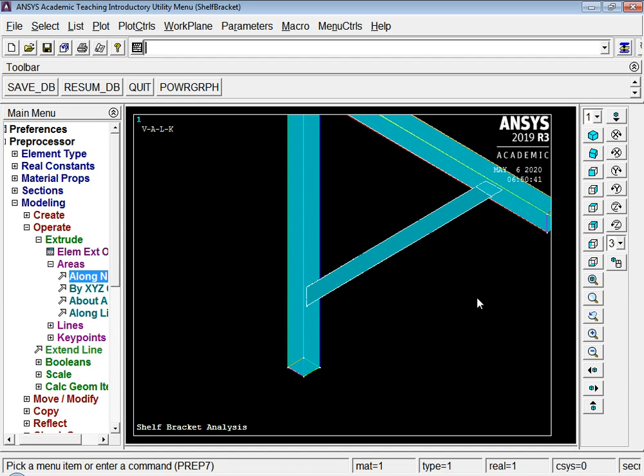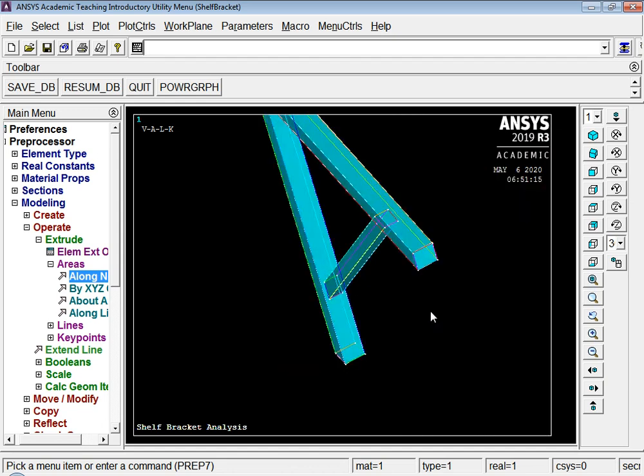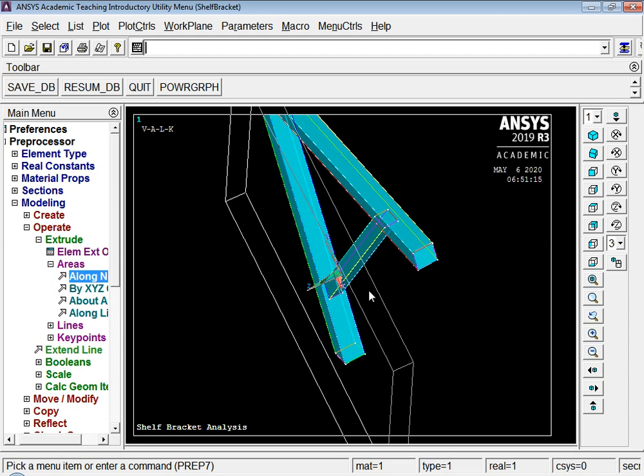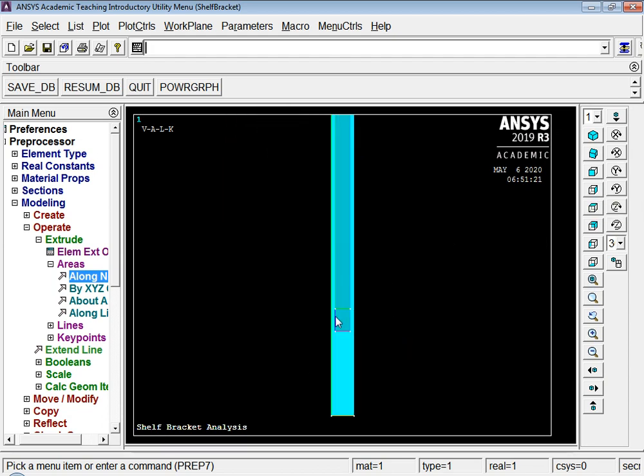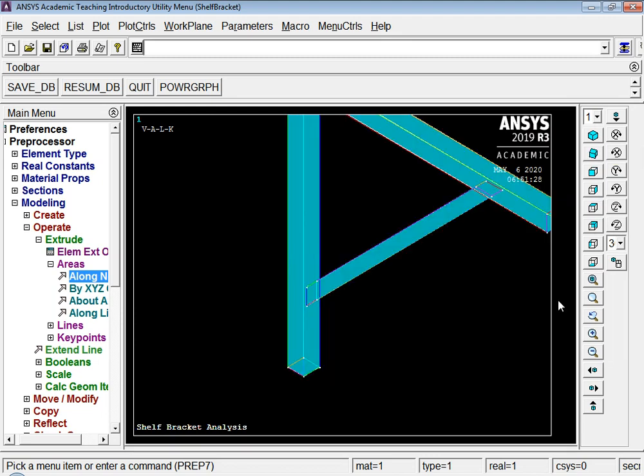and as you can see, it is well within the geometry. From everywhere it is well within the geometry. So if I say right view, the newly created area fits inside the geometry. That is what we wanted. So as far as the entire 3-dimensional geometry is concerned, we have created the geometry.